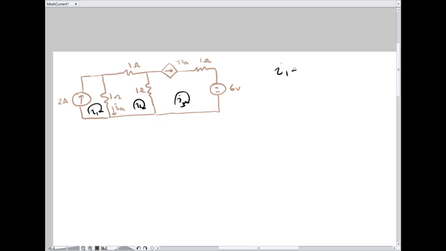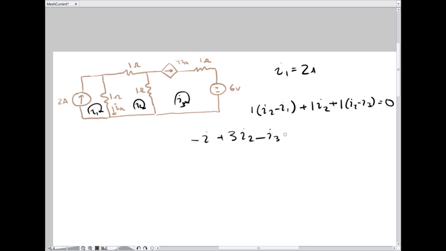So I1 is equal to 2 amps because it's given. I2 minus I1 plus 1 I2 plus 1 I2 minus I3 equals 0. So that would be 3 I2 minus I1 minus I3 equals 0. And then lastly, I3 is equal to 4 IA, which is equal to